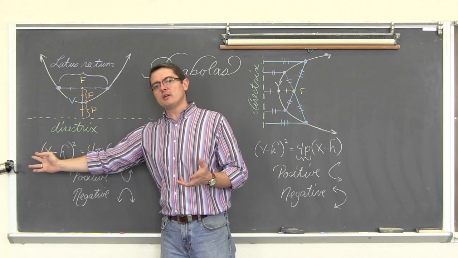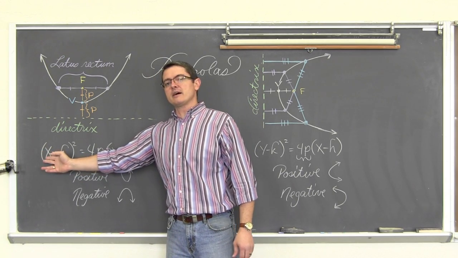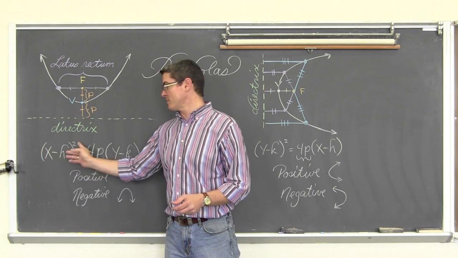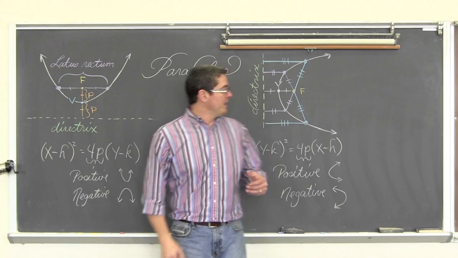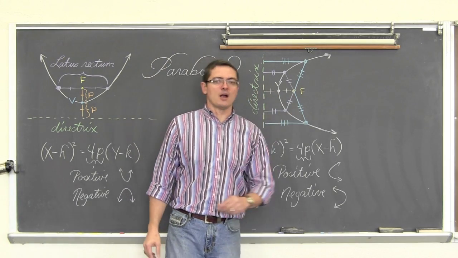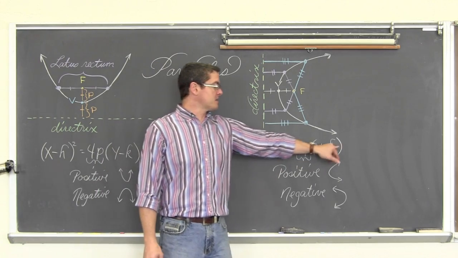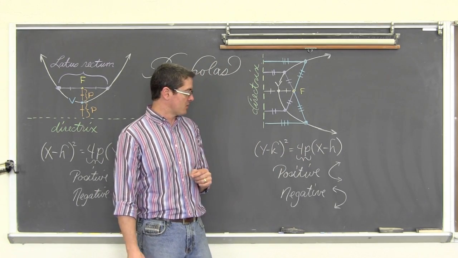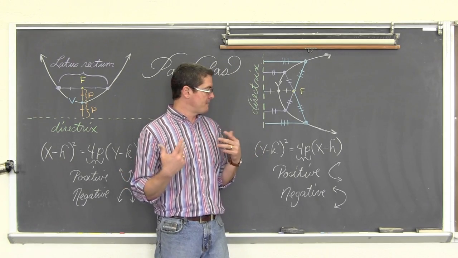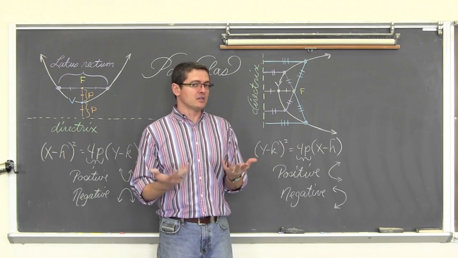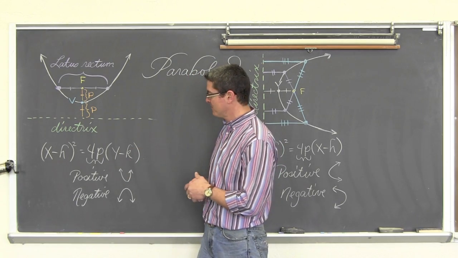So a parabola that opens in a vertical direction, whether it's up or down, will be recognized by identifying that it's the x terms that are being squared, and the y terms are to the first degree. With a sideways or horizontal parabola, whether it opens right or left, the y terms are going to be squared, and it's going to be the x terms that are to the single degree. And hopefully your textbooks are putting these into the same standard form appearance as my precalculus book. I could imagine there may be some small variations here and there, but this is how my book presents them.